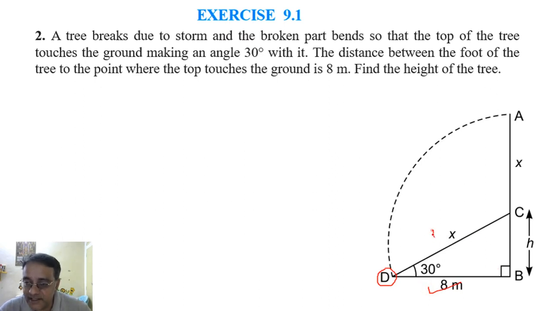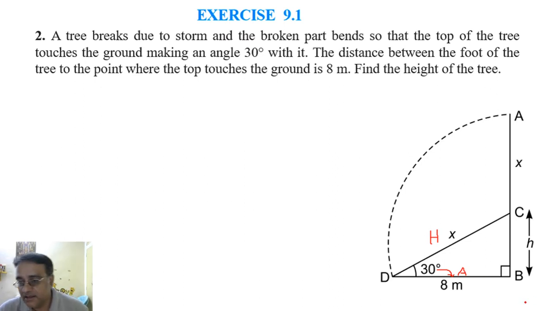So हम लोग को x भी निकालना है और h भी निकालना है, right? And to find the value of x with respect to this angle, this side is which side? Adjacent, right? And this side is hypotenuse. So which trigonometry belongs to adjacent hypotenuse? Cos theta. Right, cos theta. So we'll use cos theta.